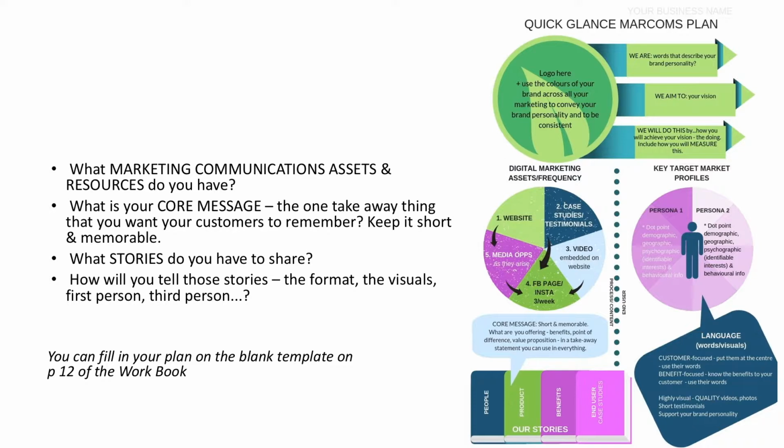At the bottom of the one-pager are the types of stories you might share that illustrate your core message that can often be broken down into product, people, benefits, and end-user testimonials. You need to think of these as your stories. Finally, by having your target market profile or a persona on the right-hand side of the page, you again have a visual reminder of who it is you're telling your stories to. You should have some clues about the visual and written language that will communicate your stories to that market, breaking down as many barriers to communication as you possibly can.